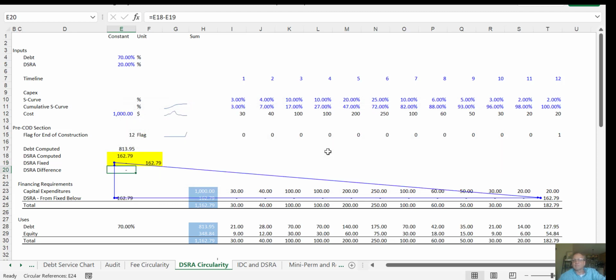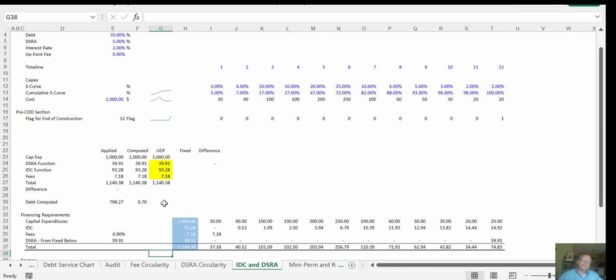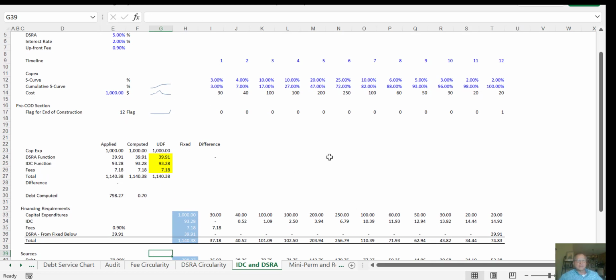We have a circular reference, and then now we have to go backwards. It's a little more complicated, but we had to compute this. We had to go get this one, and this one came from this one, and we had to essentially get the total debt here. That's what I was trying to make happen, but I'm going to take it away. Now, in this example, it's a much more classic example. And in this example, we have